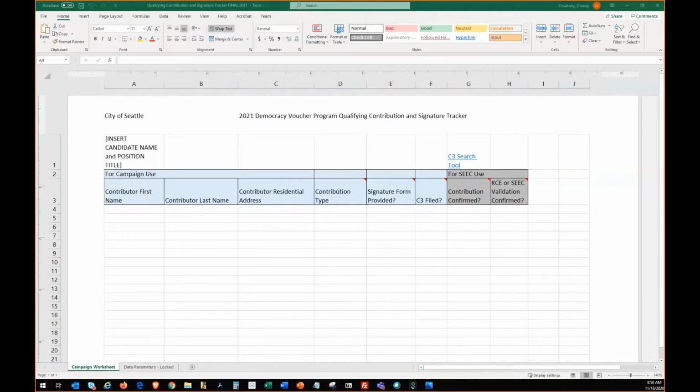Tracker. The required number of qualifying contributions and qualifying signatures needed for each race are 600 for mayor, 400 for city attorney, and 400 for each of the citywide council positions. Candidates must collect a minimum of $10 from the required number of contributors for their sought-after position. For example, someone running for mayor would need to collect at least 600 $10 minimum contributions and 600 signatures of